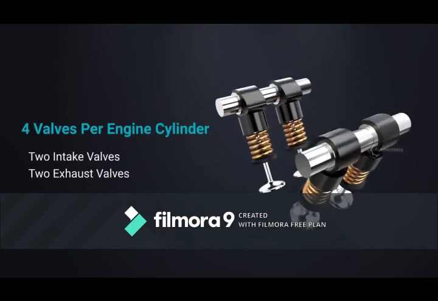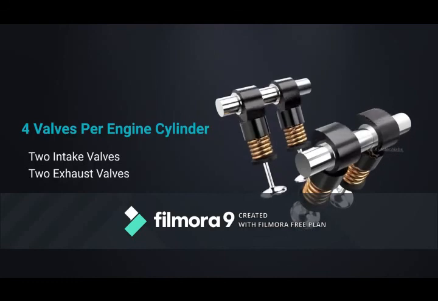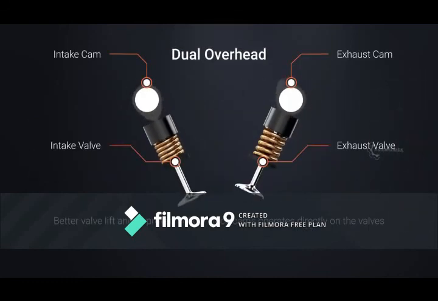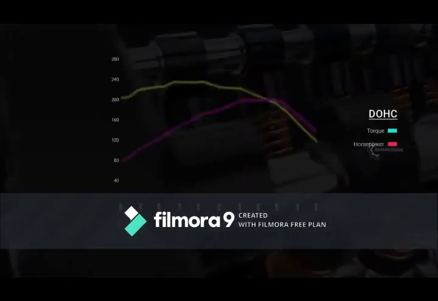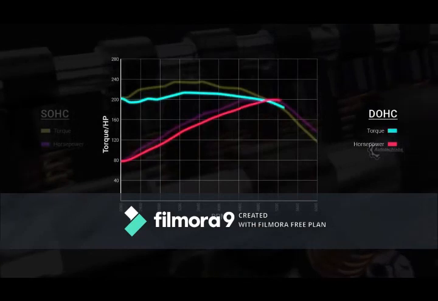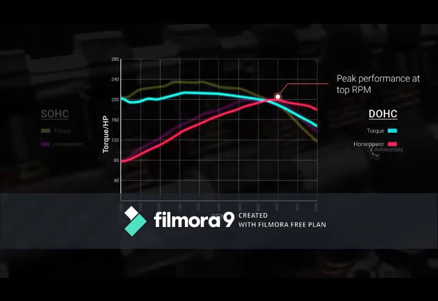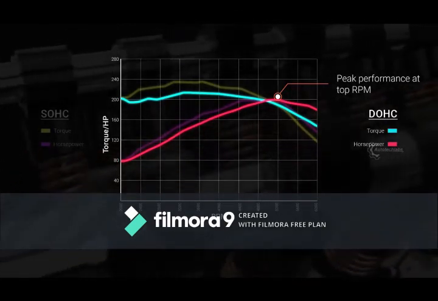DOHC usually implements a 4 valve per cylinder configuration, 2 valves for intake and 2 for exhaust. This configuration has a better valve lift, resulting in improved airflow through the combustion chamber. With less airflow restriction, the DOHC is even capable of generating more horsepower out of smaller displacement. Though this configuration can provide better top-end power, the design complexity and increased components result in more weight and a higher cost of production.